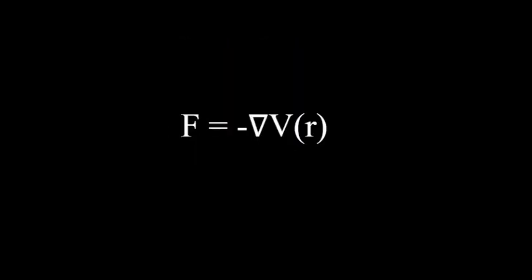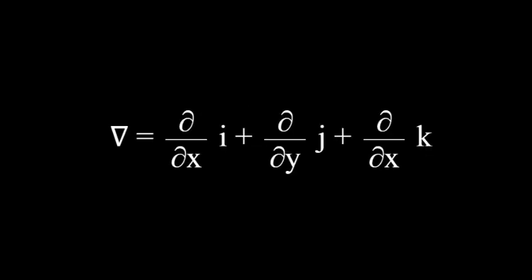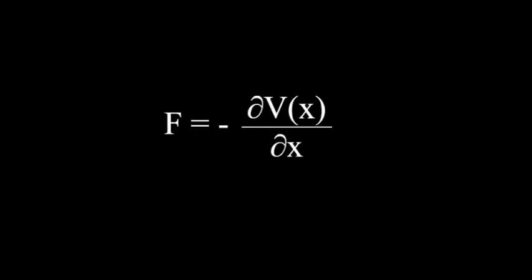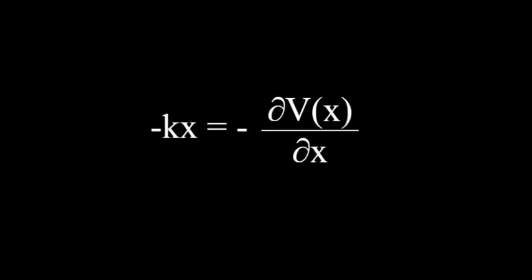Force can also be defined as the negative rate of change of potential with respect to position, which can be represented using this equation, where this operator, called del or nabla, is a gradient operator which is written like this when expanded. Since we are considering a 1D case, this is the only relevant term, since the oscillations are in one dimension. The force can therefore be written like this, and equating the earlier relation of minus kx,